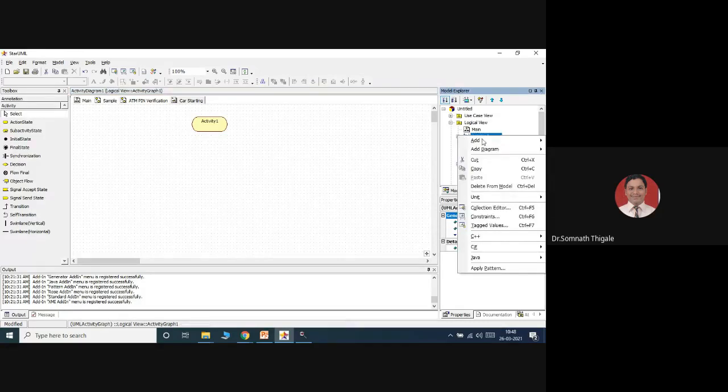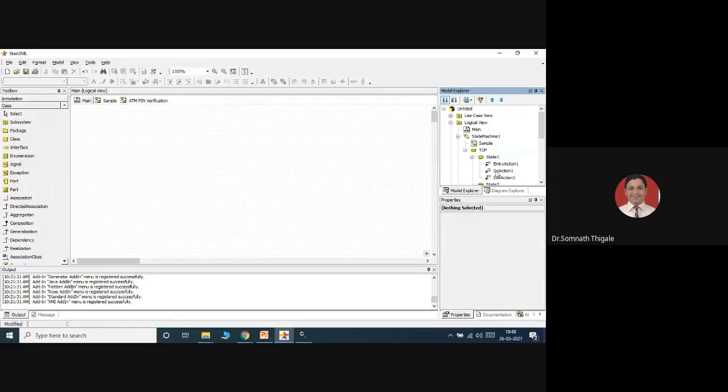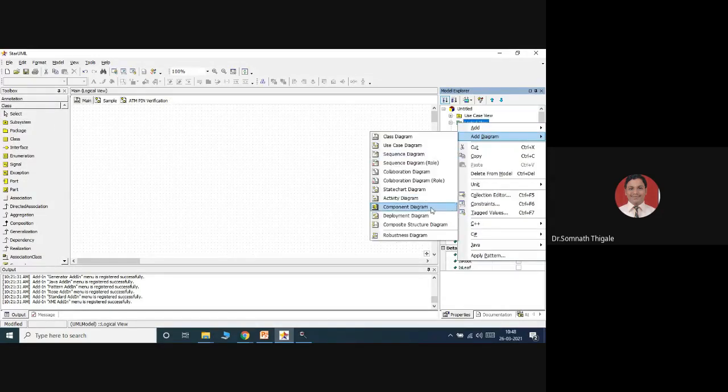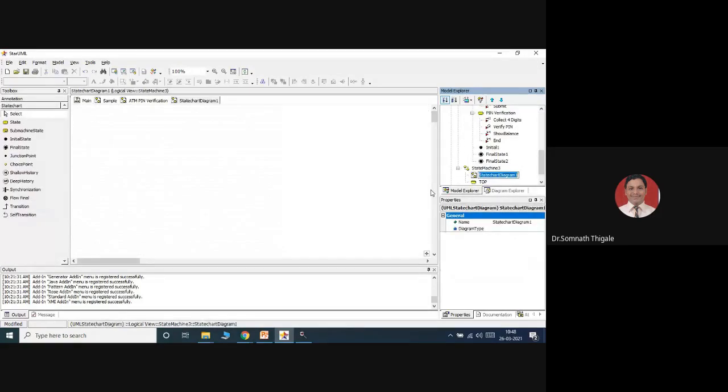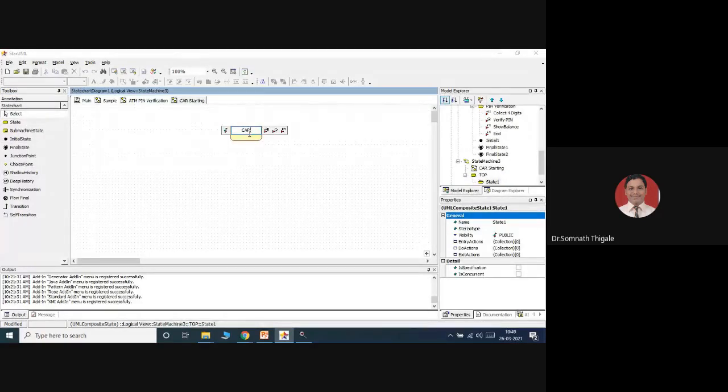Unfortunately, delete it from the model. Logical view. Add a diagram and select state chart diagram. Give the name car starting. You can say simple car. This is car.